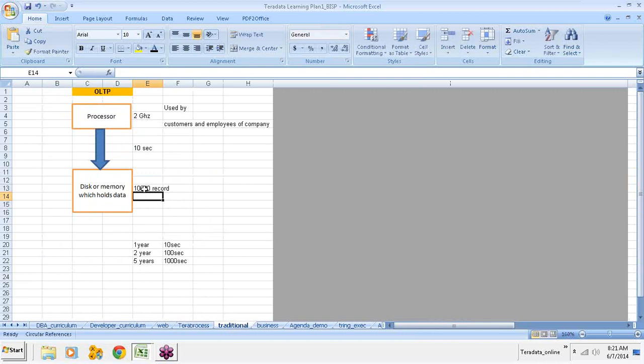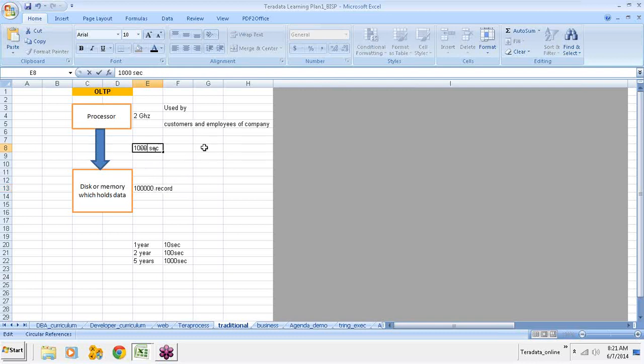So when the number of records is like this, 10,000 records, would this time remain constant, or would it increase or decrease? As the processor speed is constant, we cannot increase it day by day, but the number of data records has increased, so the processing time would increase, obviously, isn't it? In the same proportion as the data increases, the processing time would also increase to 100 seconds now. Okay, after 2 more months the data could be like this,